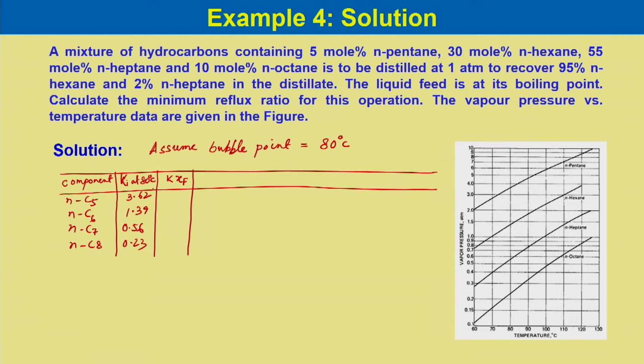So, once we obtain the K values at 80 degree centigrade, we can calculate the Ki xf values, which is